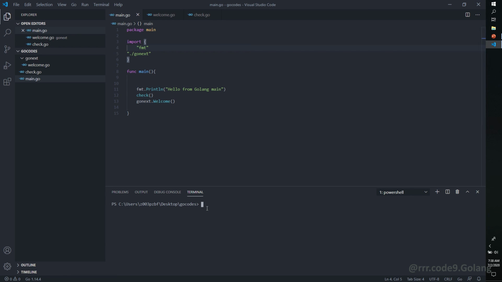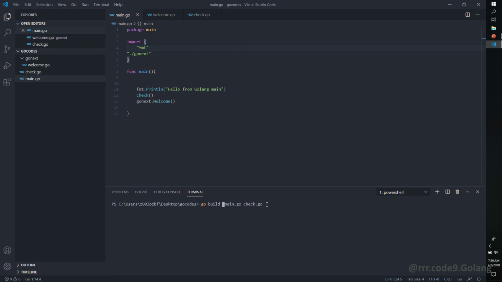So here in most cases we have used this command go run main.go and check.go. In case you want to create one executable file, then we can simply write go build main.go check.go.